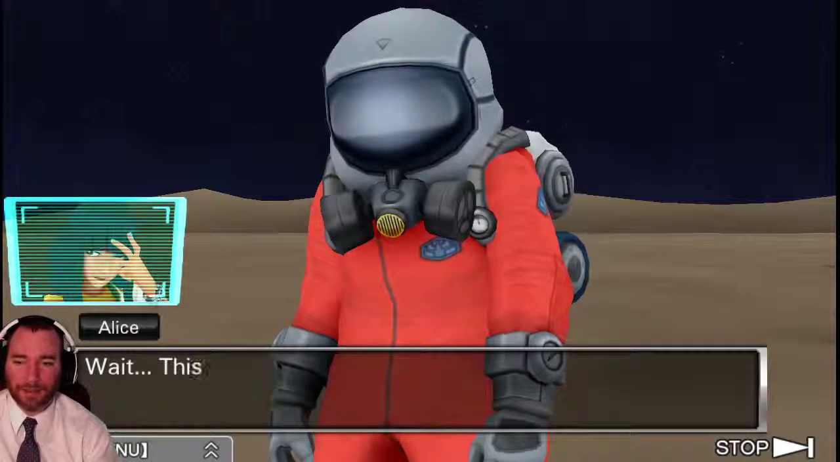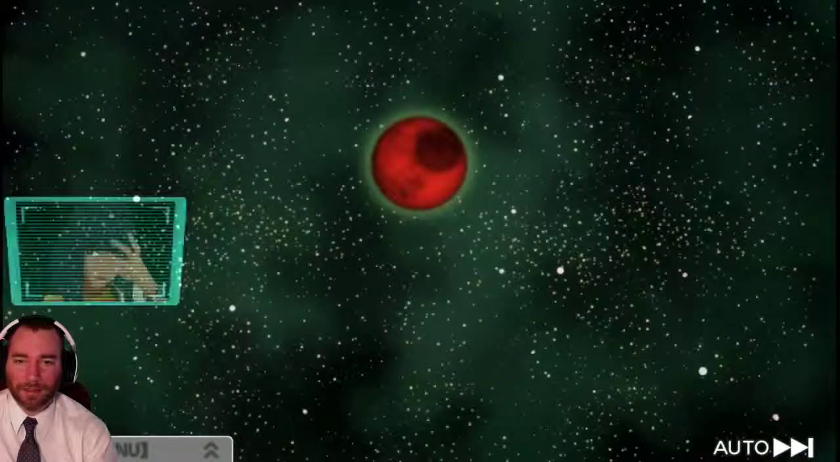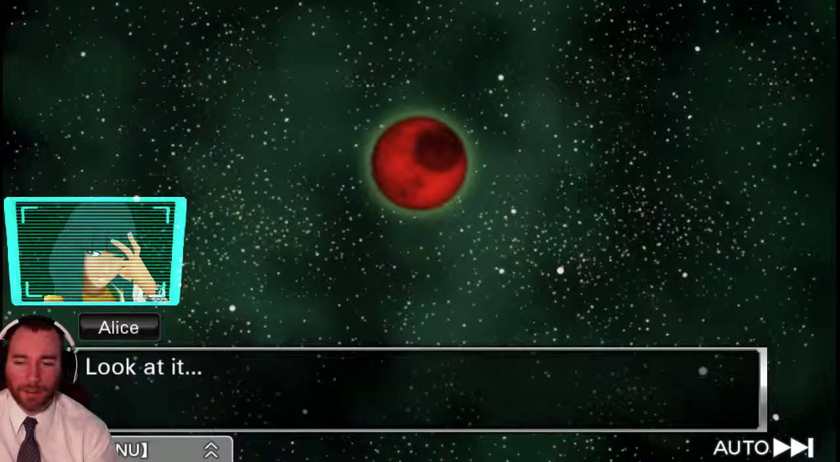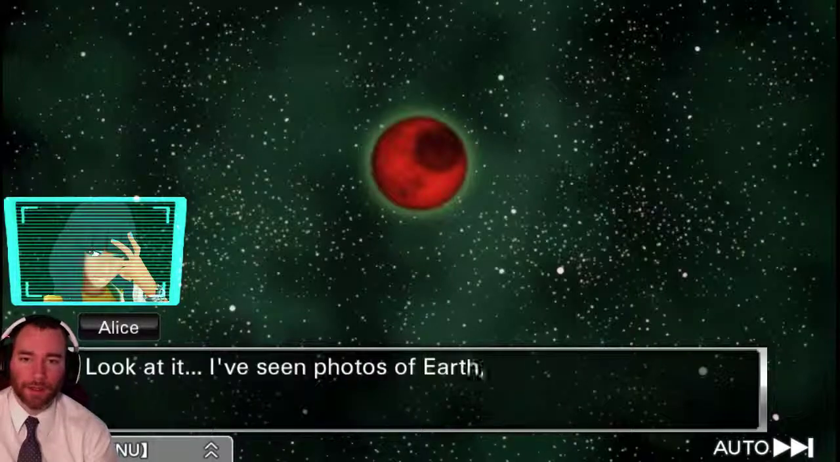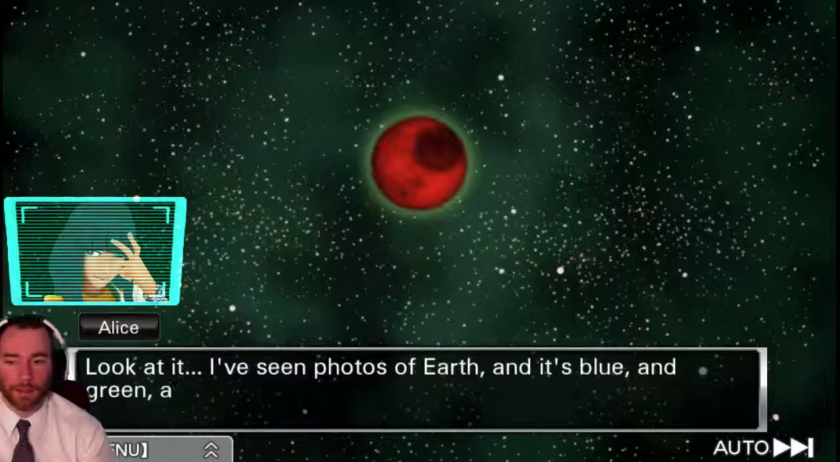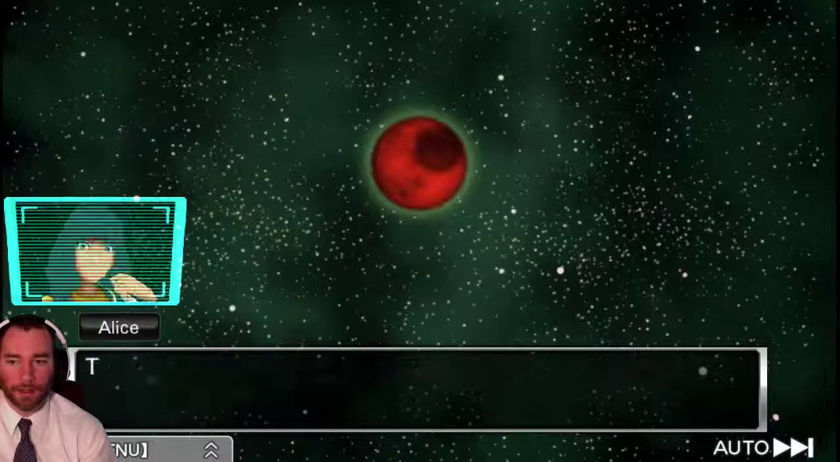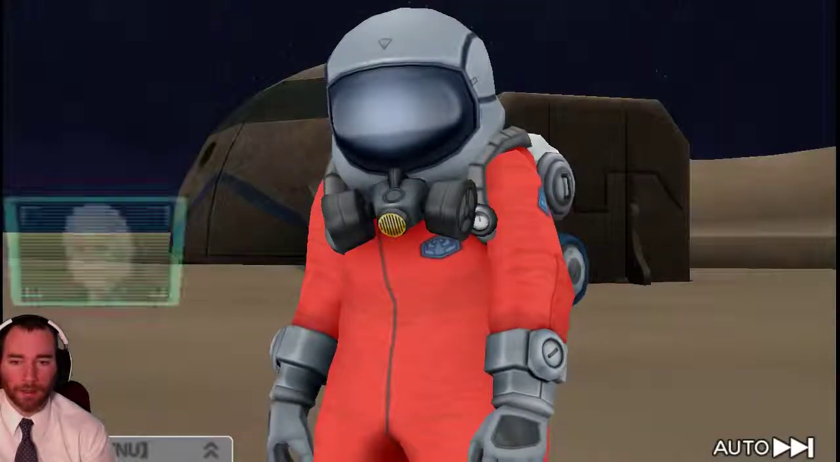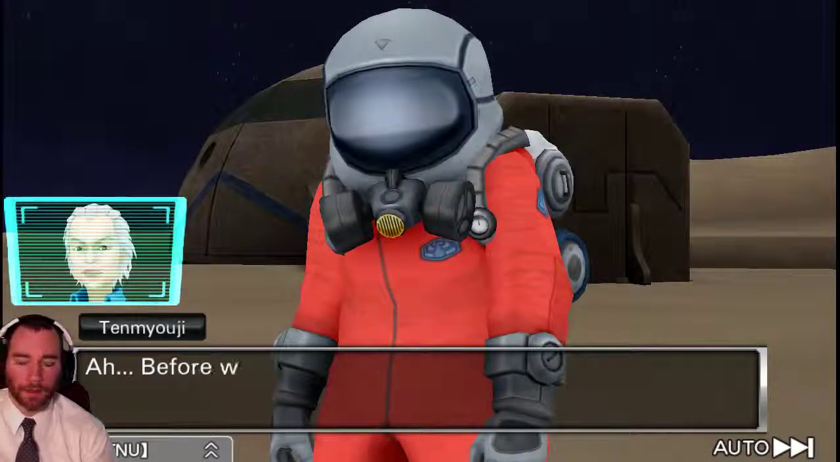Wait. This is crazy. That can't possibly be Earth out there. Yeah, it's red. Look at it. I've seen photos of Earth, and it's blue and green and beautiful. That thing is just red. Before we get into that,